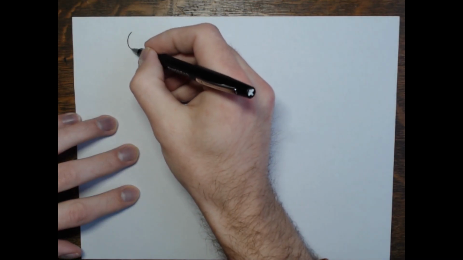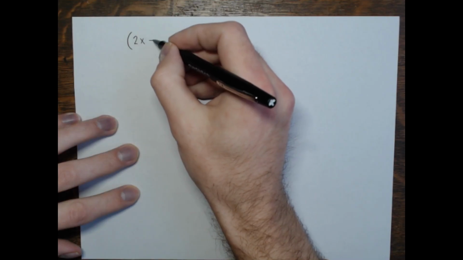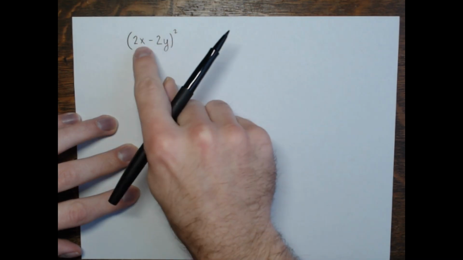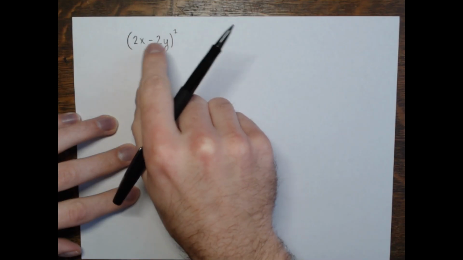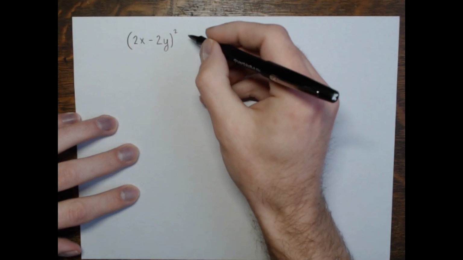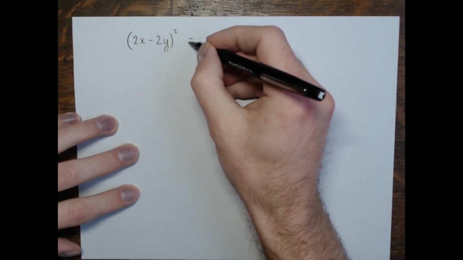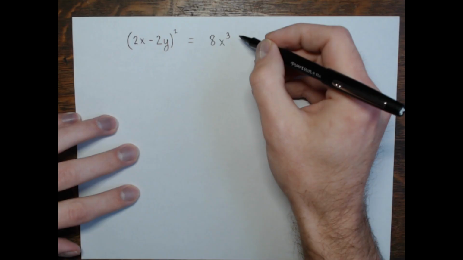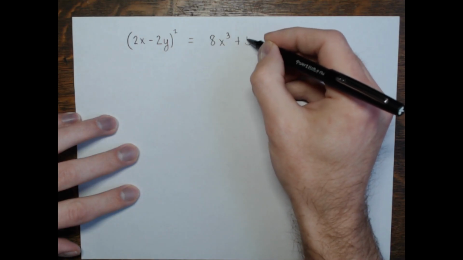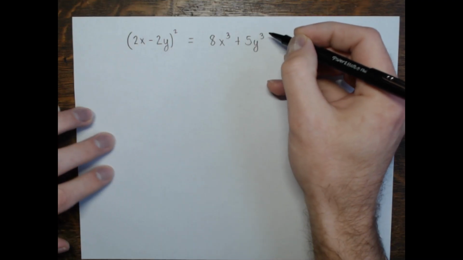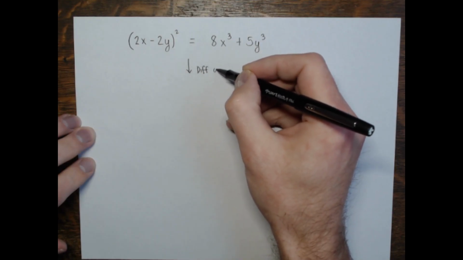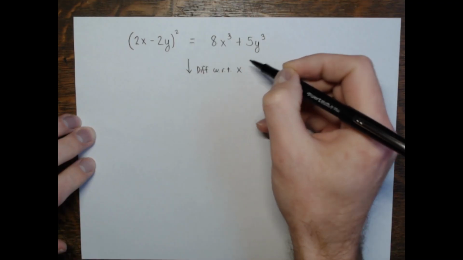All right, so here's the equation of the curve we're given. Got this quantity, 2x minus 2y, squared over here. Now, if you want to multiply that out, you could. You can square this expression, but I'll just leave it the way it is. And on the other side, it equals 8x cubed plus 5y cubed. So, again, leaving things the way it is, we're going to differentiate both sides with respect to x, the independent